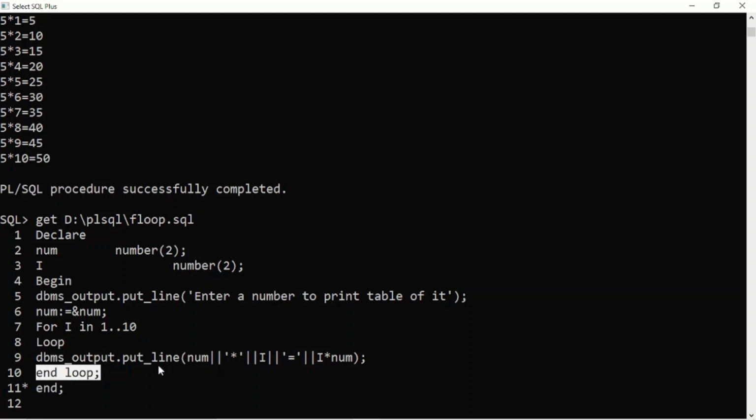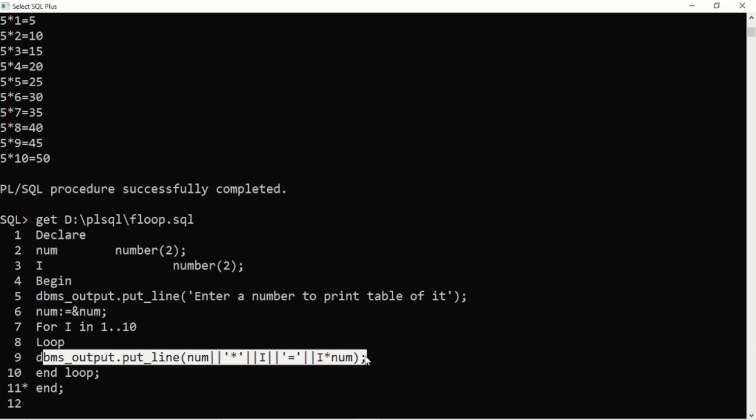This is the end of the loop, and every time this loop is executed, we will be getting the number entered by the user into num as it is. The value of I will be 1 the first time and the last time it will be 10, equal to will be printed as it is. Every time the value of I will be incremented, and num into I will give you the table.